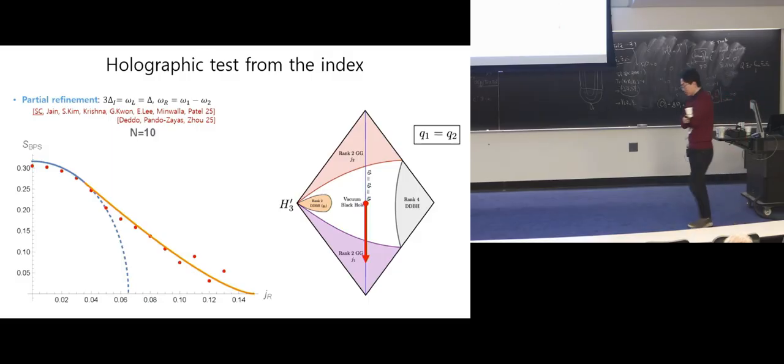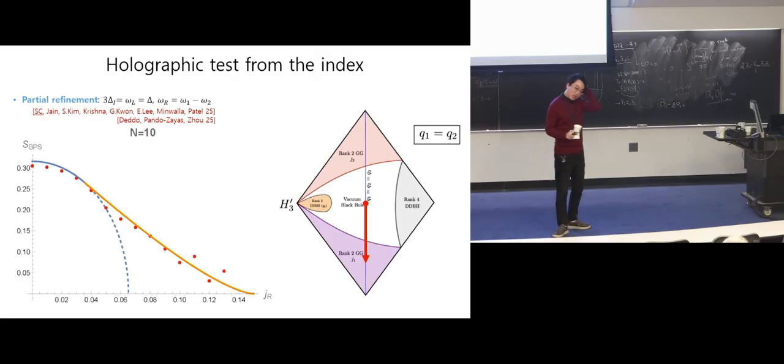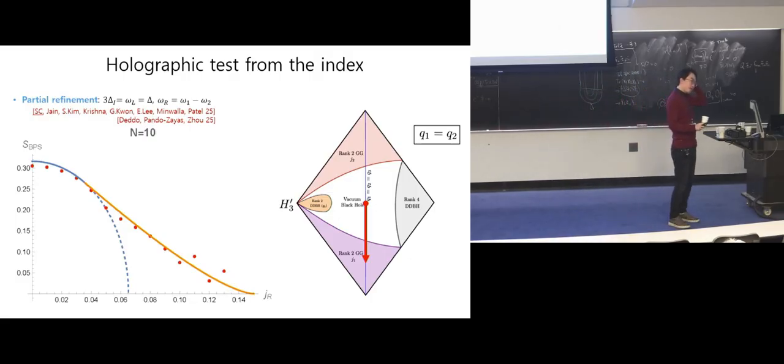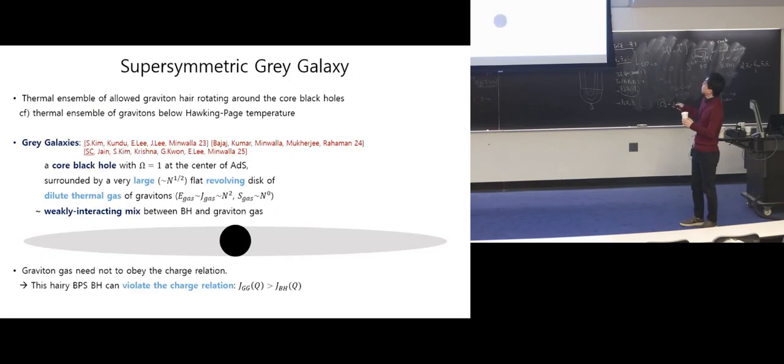Well, it is true that it should carry large enough angular momentum, but the angular momentum of the single mode is negligible in the Lorentzian limit. The angular momentum of this rotating gas carries order N squared because you consider a thermal ensemble of all of the hairs, but a single mode will carry N to the zeroth order angular momentum.